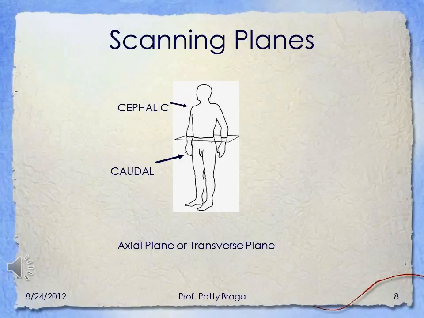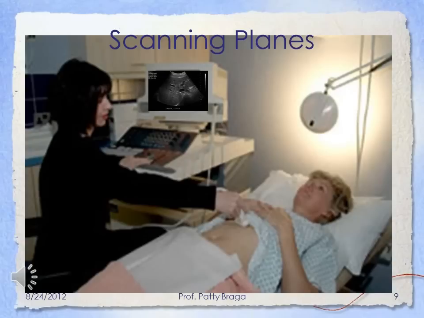And you need to know those are all the ways. Most of the time you're going to hear people reference superior and inferior, but in a test it might be cephalic, caudal, so you need to know what the differences are. This sonographer has her transducer in a transverse plane on the patient's body. So the image up on the screen again is of the liver,